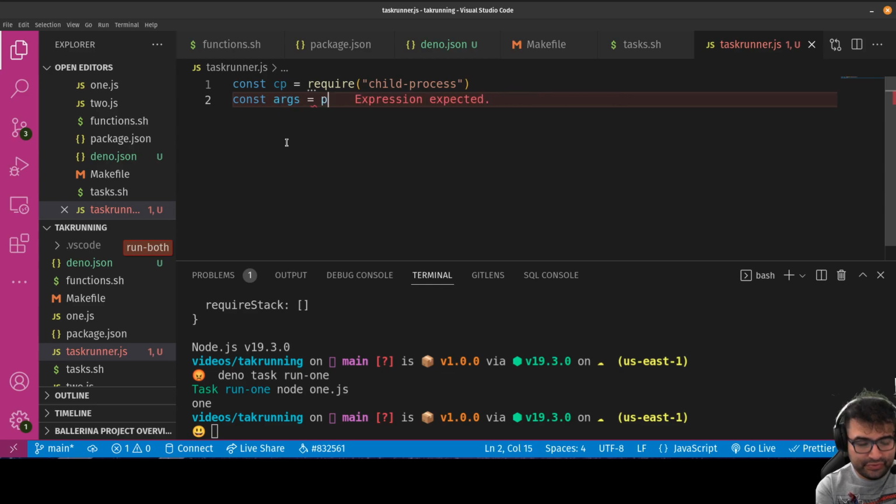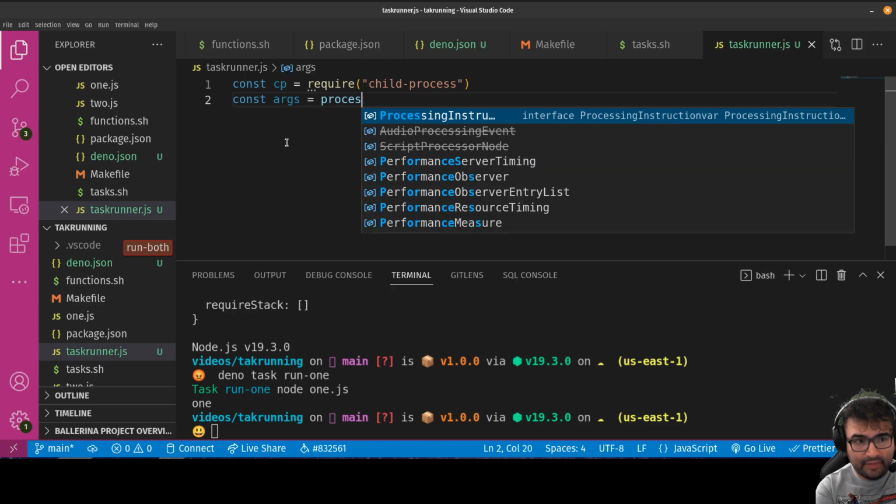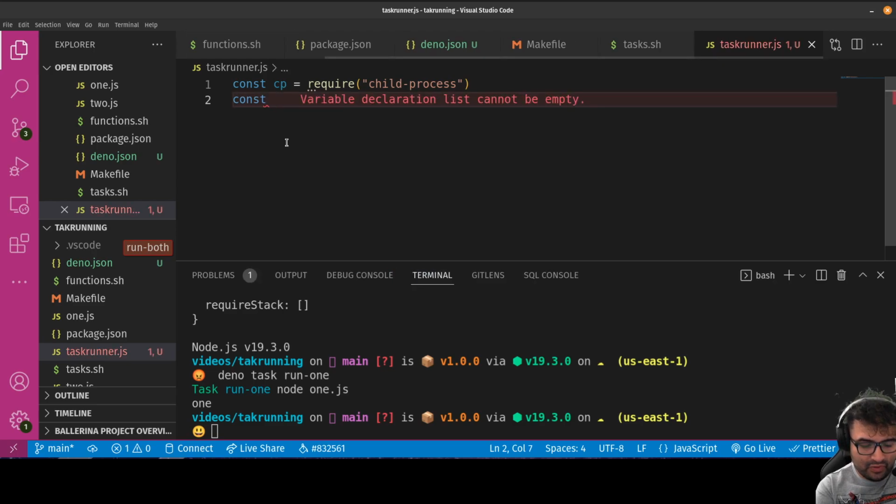equals process. Actually, let's do it this way. We want to use destructuring. I want to skip the first two because the first two are usually nothing particularly important, and then make the remaining args that. Okay, so that would be